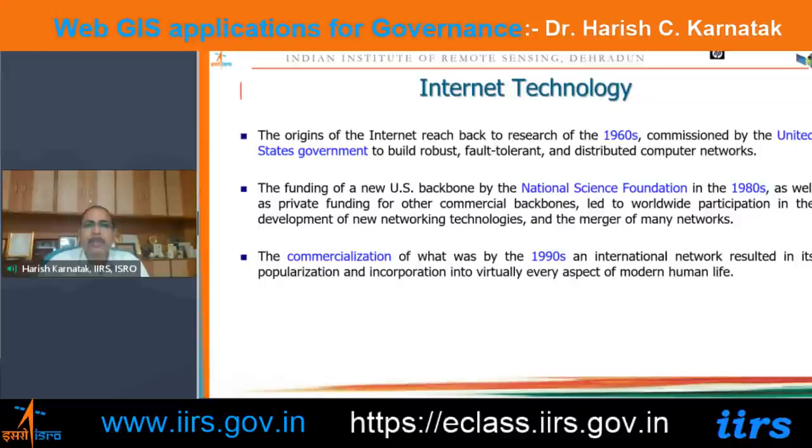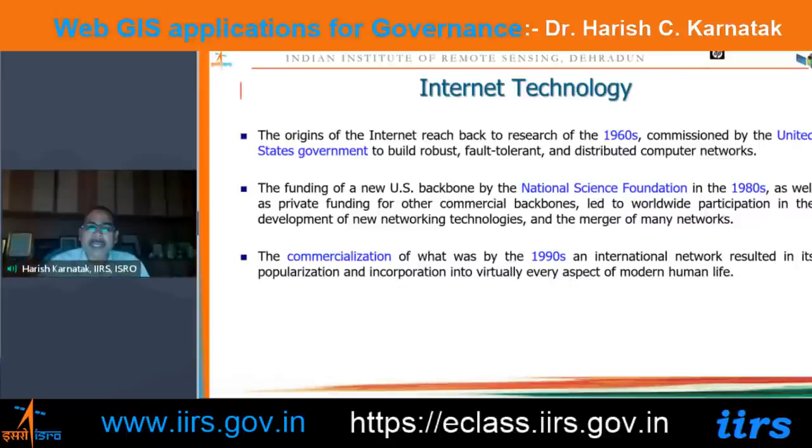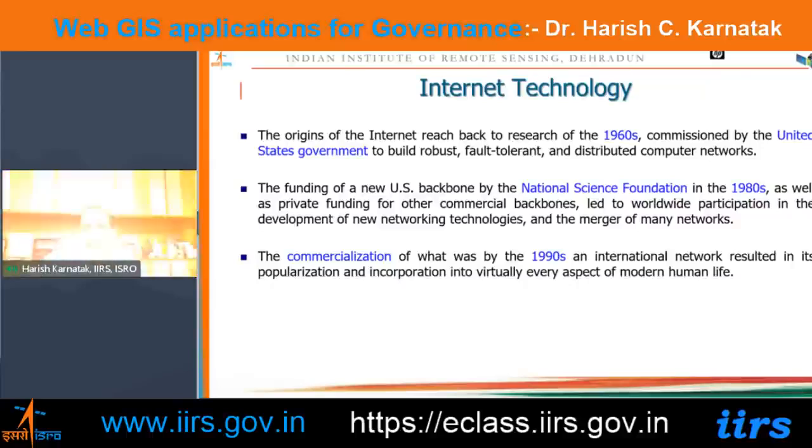So many computers were connected together, and you may know that sometime in 1989, Tim Berners-Lee from the European Particle Laboratory developed a protocol called the WWW protocol. After that, he developed the language called HTML, which is the hypertext markup language. And after 1990, the commercialization of the internet started.